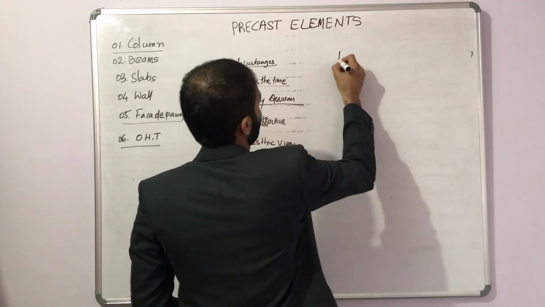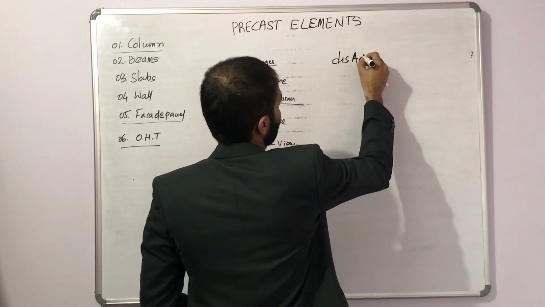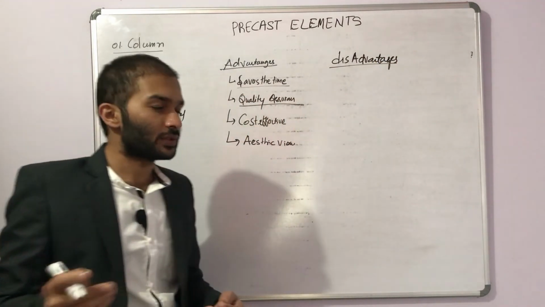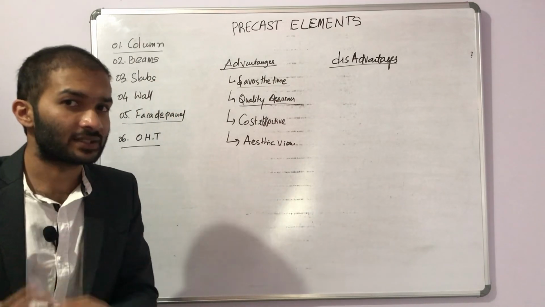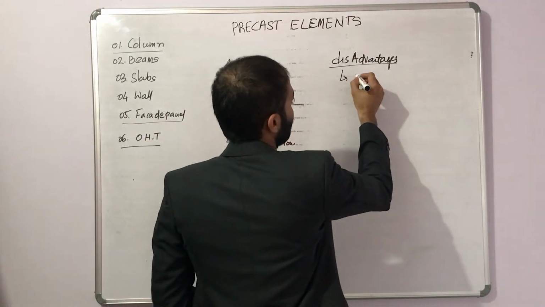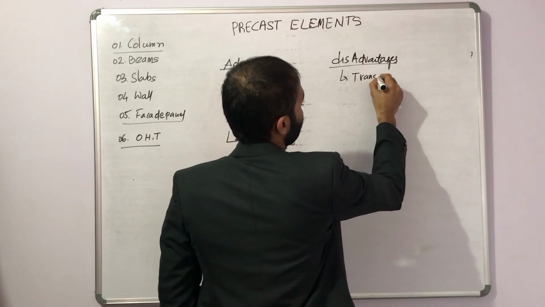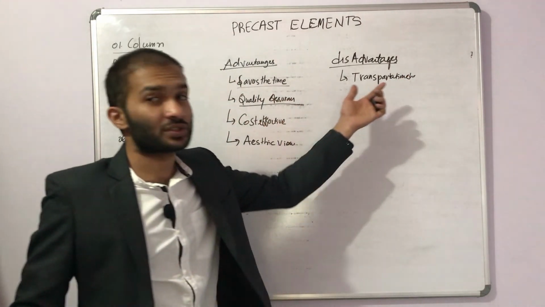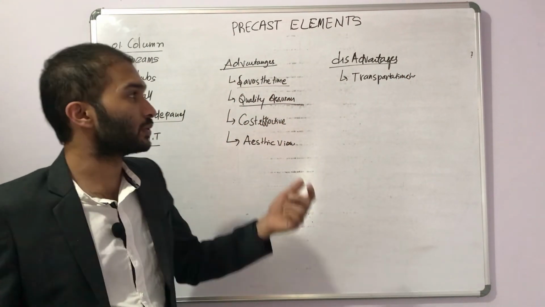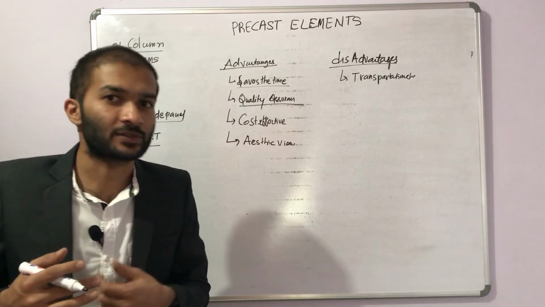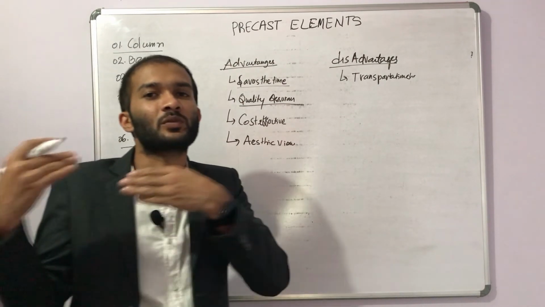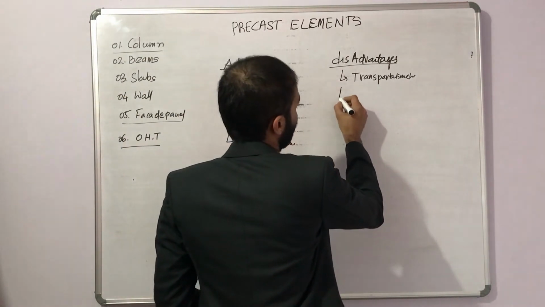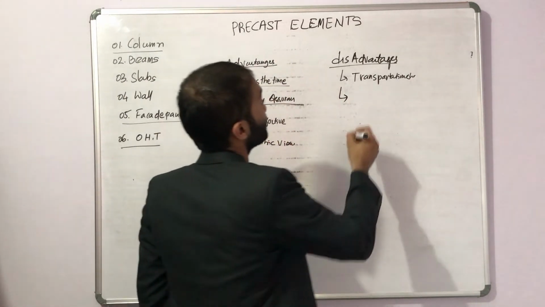So let's talk about all. Disadvantages, what are the disadvantages, correct. You can say because of the heavy weight, it includes transportation charges. Even the mode of transportation while transporting the elements from the factory to the site, there may be chances of damage. There is a drawback here, and it also requires huge investment,